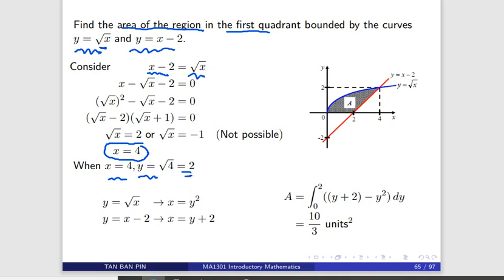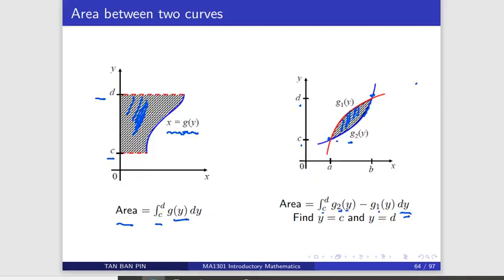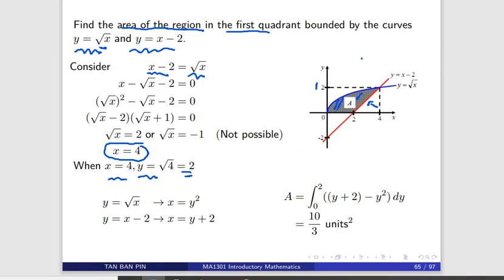So with that, you get 2 here, the y value. And you want to find the area A. So the red line is the top curve, the blue curve is the bottom curve. And to do it about the y-axis, you have to express x in terms of y. It's g2(y) minus g1(y). So from y equals square root x, it's the same as x is y squared. You just square both sides, which gives you x is y squared.